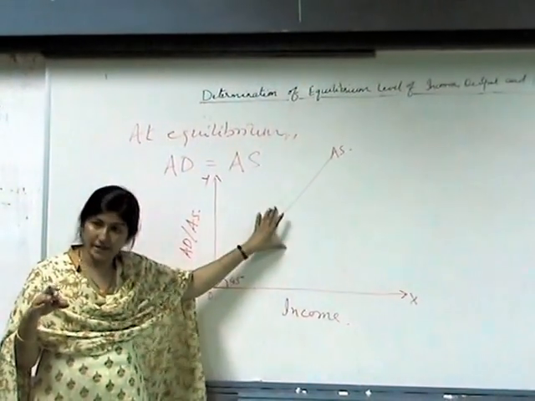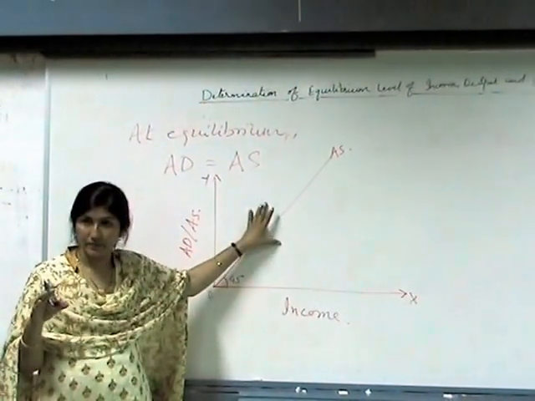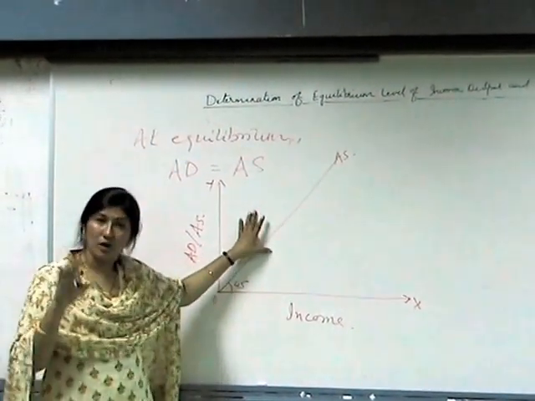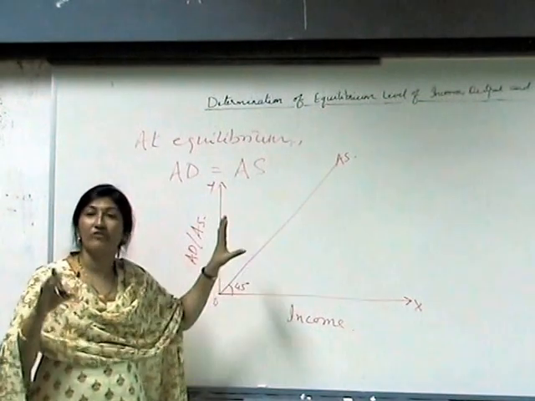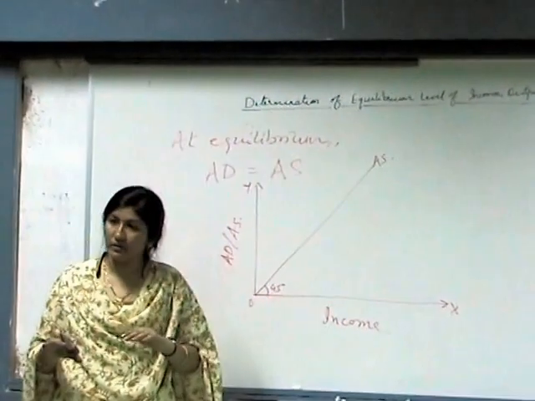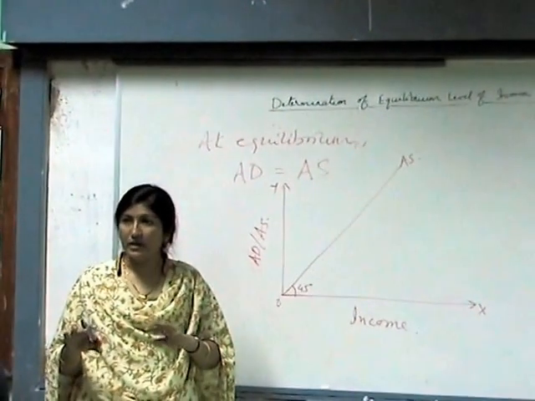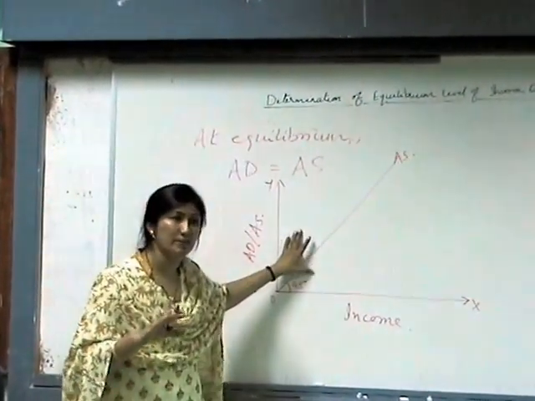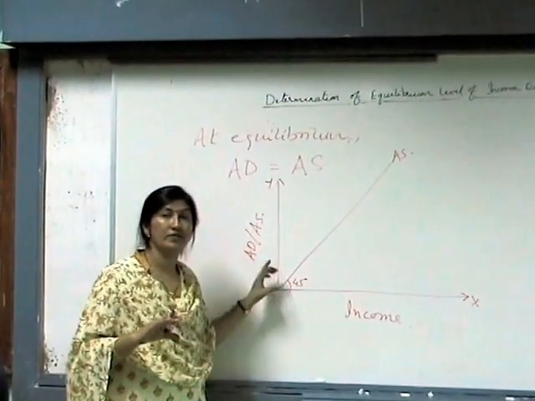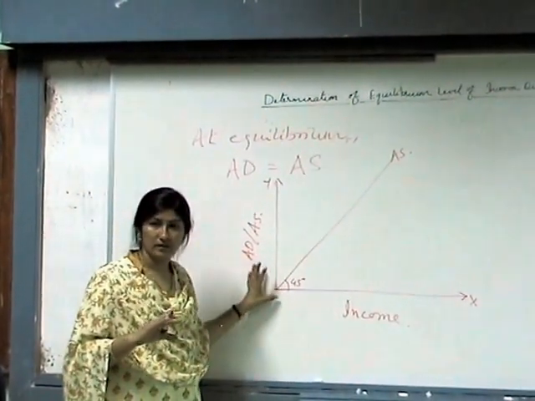We also call it expenditure, we also call it income. Followed everybody till here? Okay. Now, this is also what we call a line of reference, because we are taking it as a standard line and then we are trying to develop our concept. Followed? So this AS is your aggregate supply curve, which you have to remember, it will always be drawn making a 45-degree angle with both the axes.